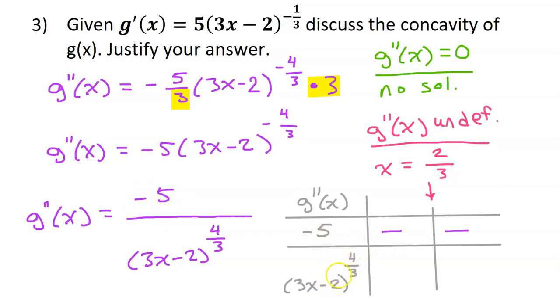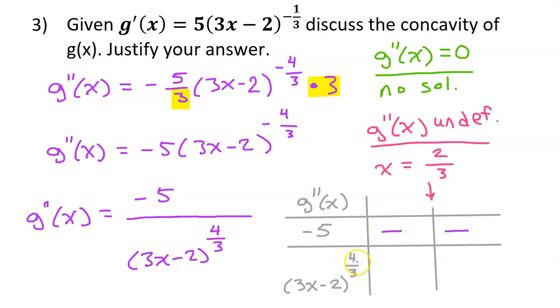So the other thing that is very important, a lot of students will look at this and start thinking about where 3x minus 2 is negative and positive, and then that's what they put on the chart. But that is wrong, because when you have a fractional exponent, it is in the form power over root. So what I really have here is the 4th power. So this entire thing is being raised to the 4th